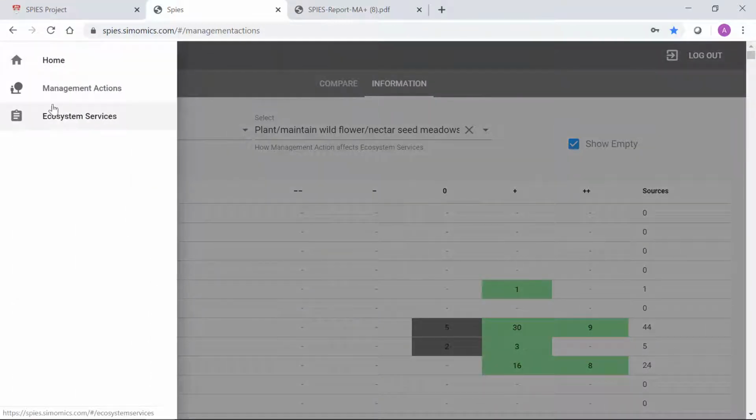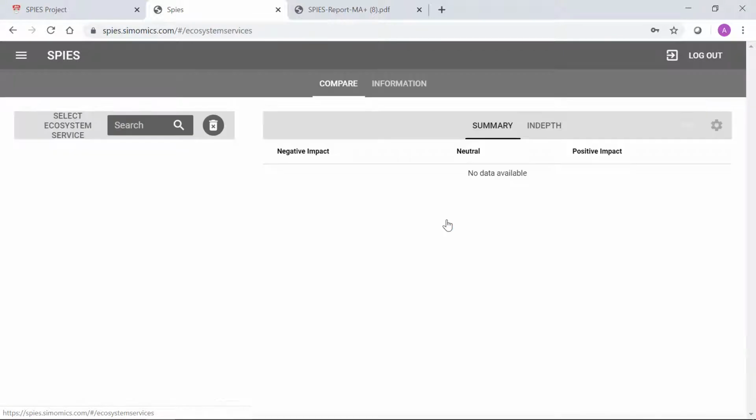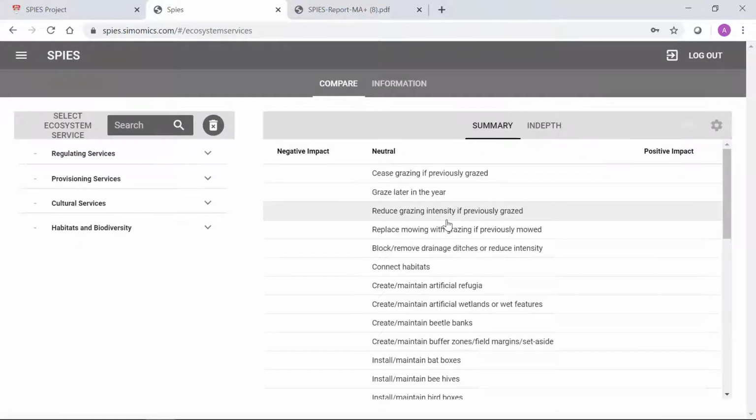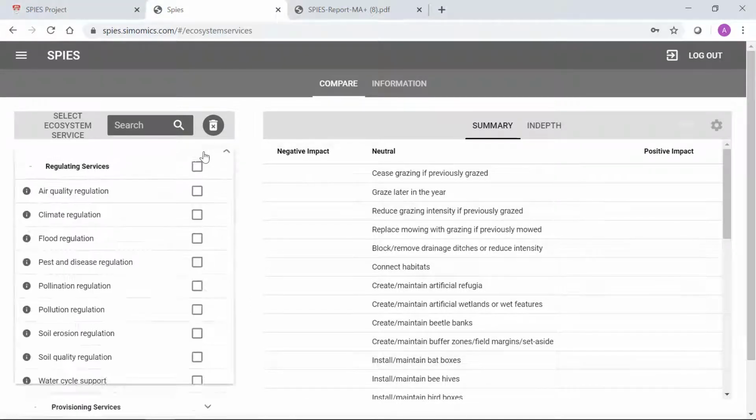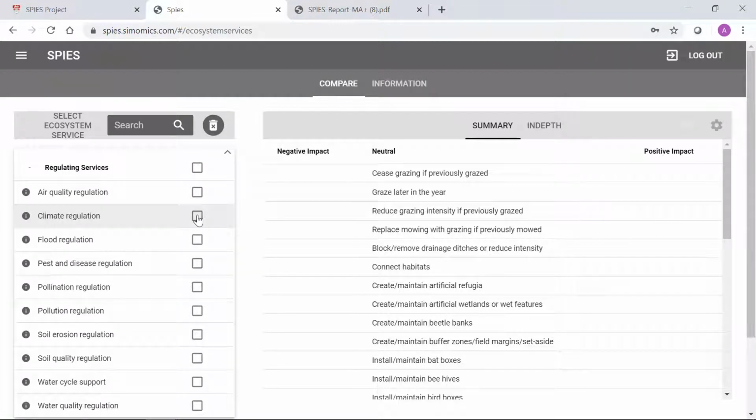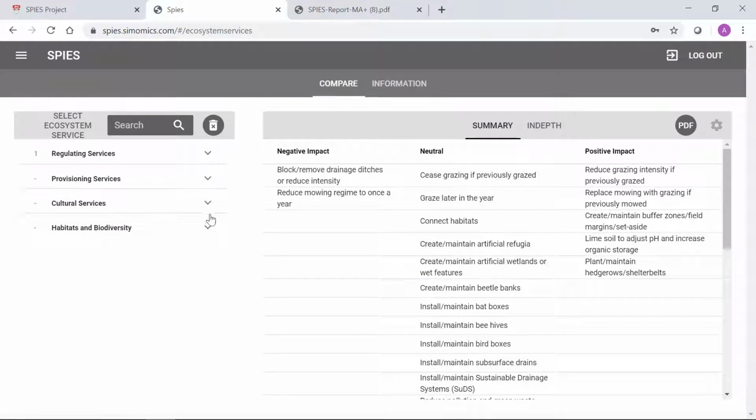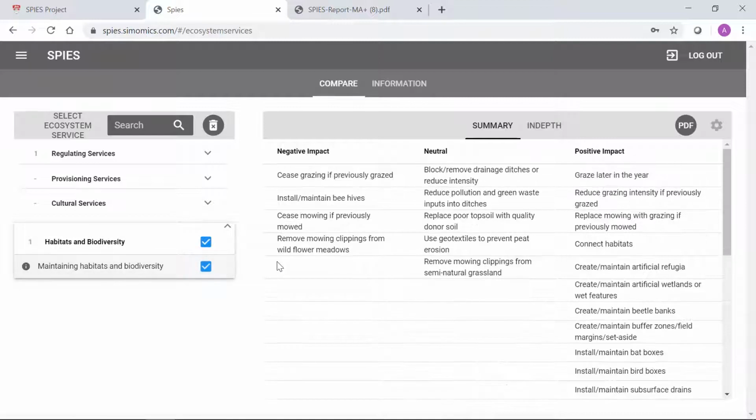The ecosystem service entry point is essentially the same, but you select ecosystem services and not management actions. Here you can see the ecosystem services are on the left-hand side as opposed to the management actions, and the management actions are in the table on the right-hand side. You can see that as we select ecosystem services, for example, climate regulation and habitats and biodiversity, the management actions move in the columns on the right-hand side, indicating if they degrade, enhance, or have a neutral impact on the